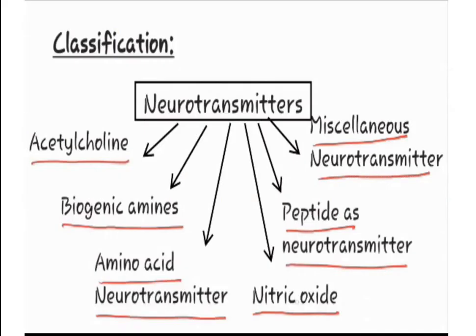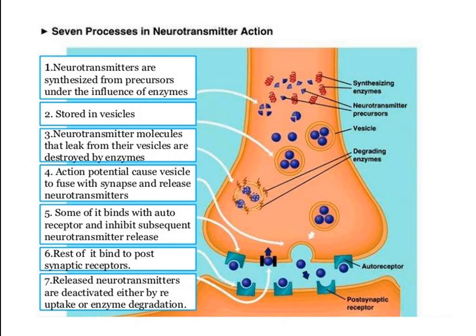affects the transfer of the impulse to another nerve fiber, a muscle fiber or some other structure. The classification of neurotransmitters is acetylcholine, biogenic amines, amino acids, nitric oxide, peptides as neurotransmitters, and miscellaneous neurotransmitters. There are 7 steps for neurotransmitters carrying the